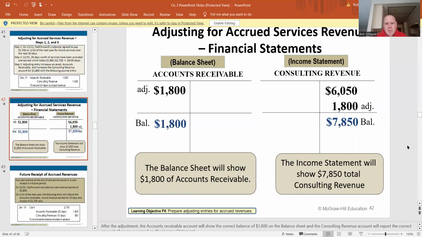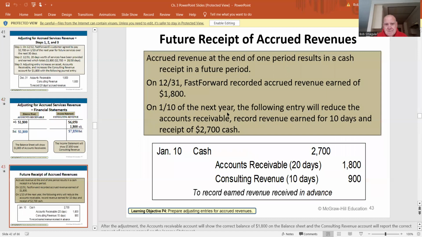But take a look at it. It's good practice. We billed the customer for $1,800, and the customer is going to pay us later. Cash, $2,700. Accounts receivable, $1,800. Consulting revenue, $900. That's a lousy presentation. Here, what they're showing us is when we finally received the money. Okay, we had $1,800 in receivables. When they pay the $2,700, we're going to say that $1,800 was put into receivables already. $900 goes to the revenue.